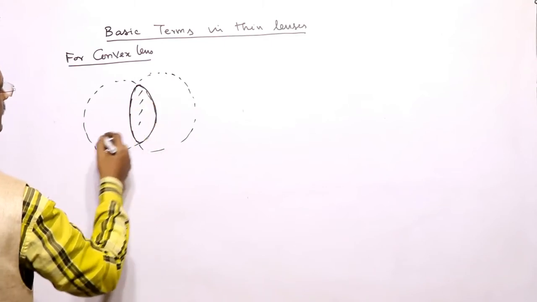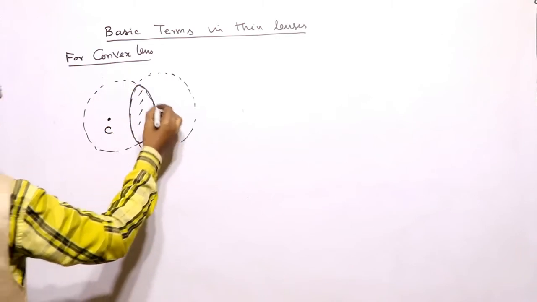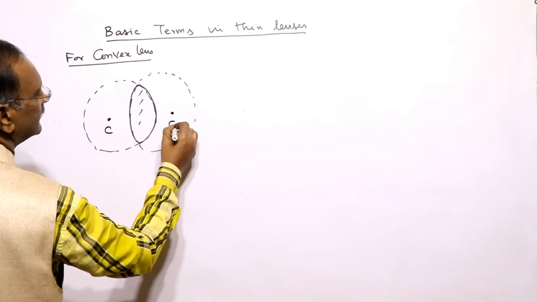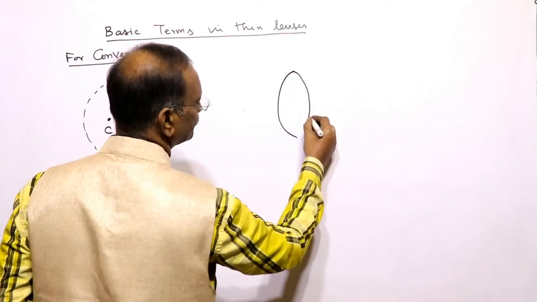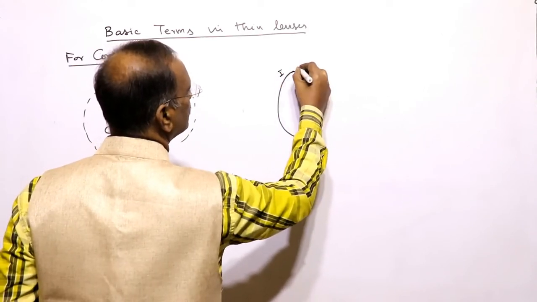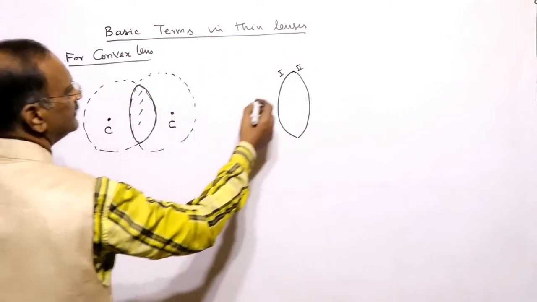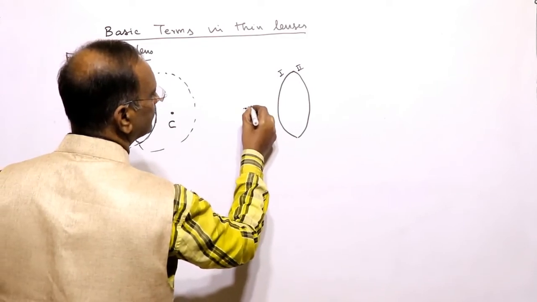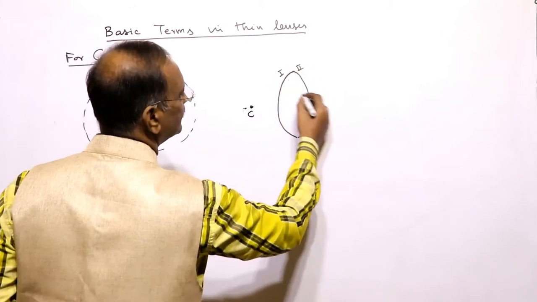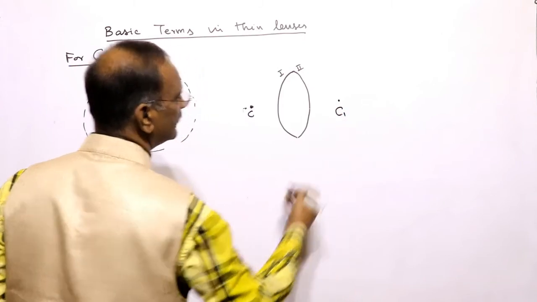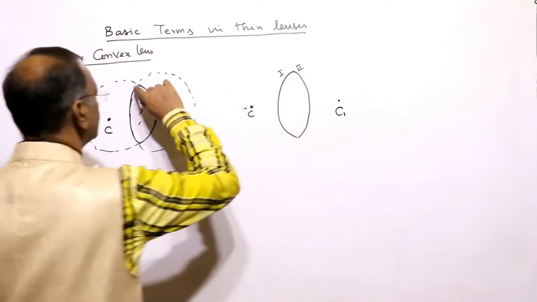this is the convex lens, and this sphere will have its center of curvature here. This sphere will have its center of curvature here. That is, we can take it like this. This is the convex lens. This is surface 1. This is surface 2. For this surface, the center of curvature is here. This is for the first surface. It means the first surface will have the center of curvature on this side, and the second surface will have